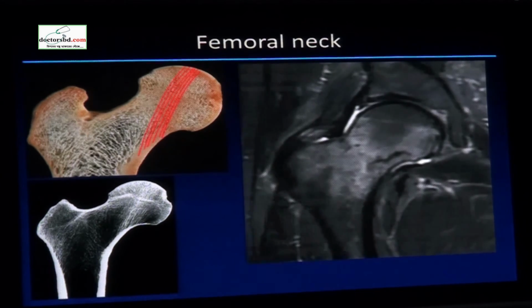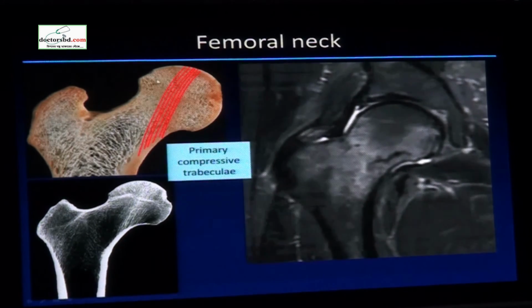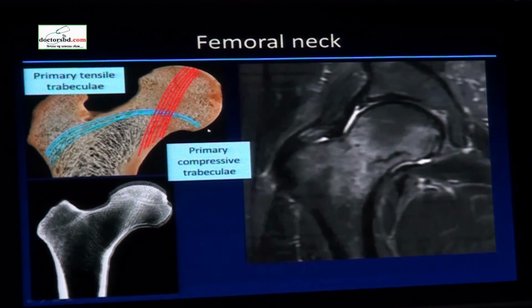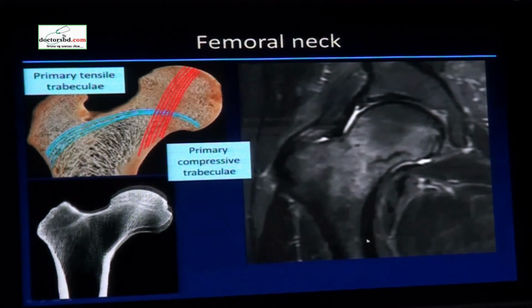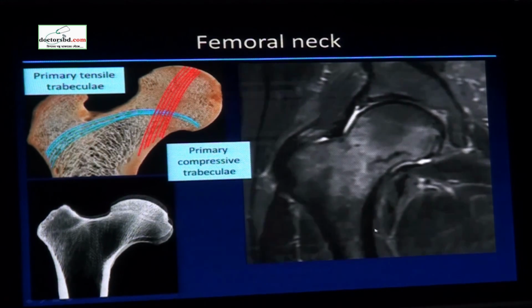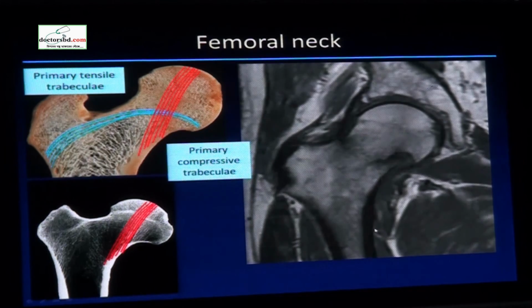So in the femur, our primary compressive trabeculae run along the medial side. We have a more transversely oriented band of secondary trabeculae that are tensile. These can also fail, but less commonly. The primary failure we're going to see is across the